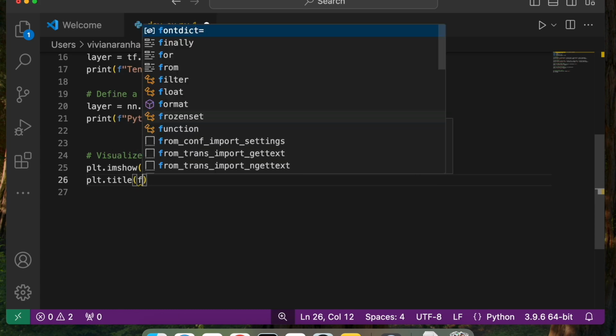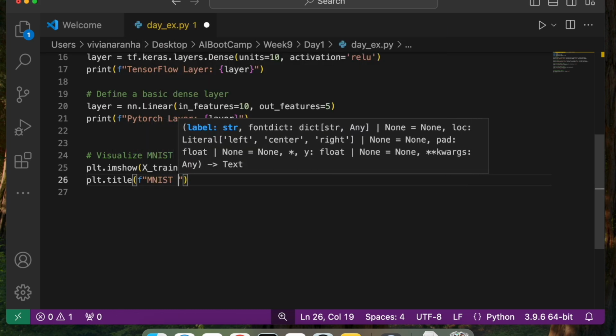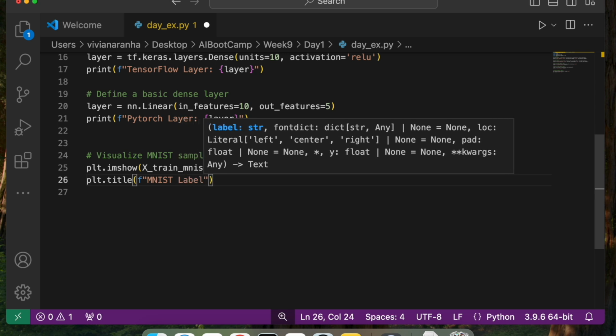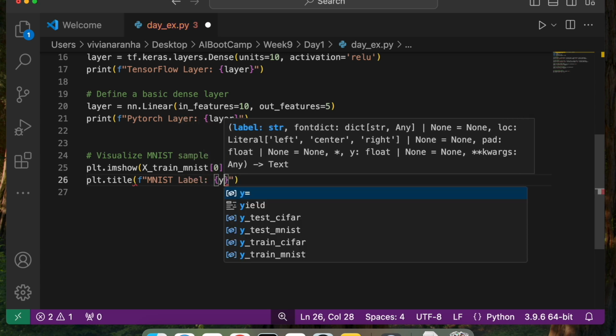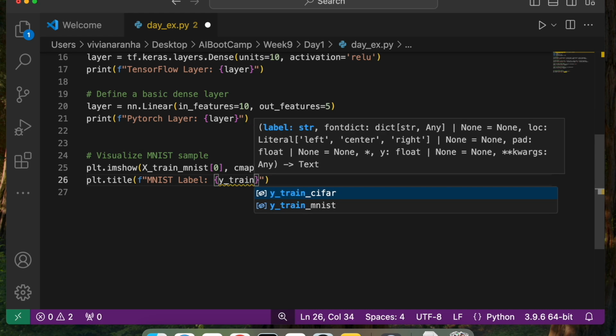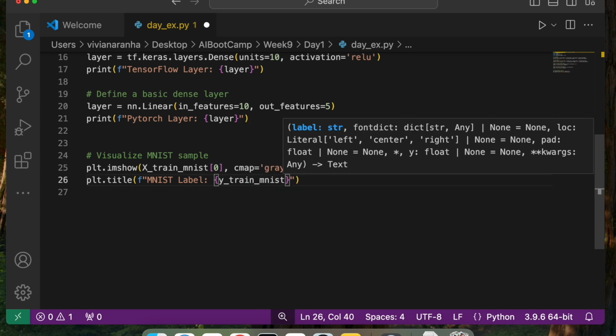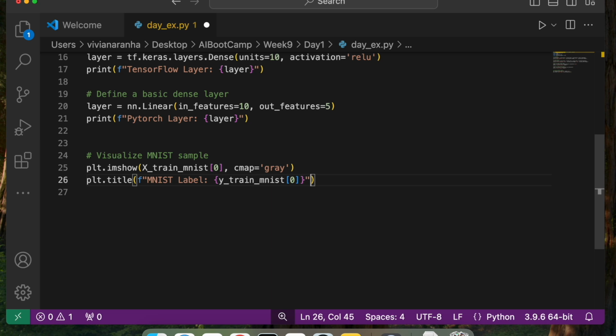Title I'll say f MNIST label with y_train_mnist of element 0. That's what I'm displaying. Next let's say plt.show.